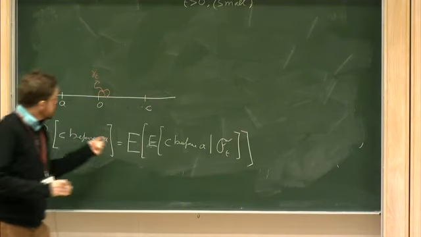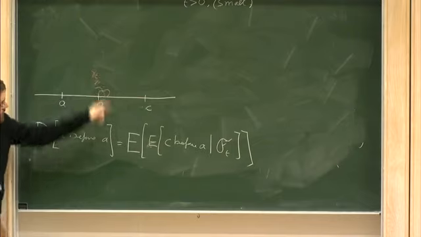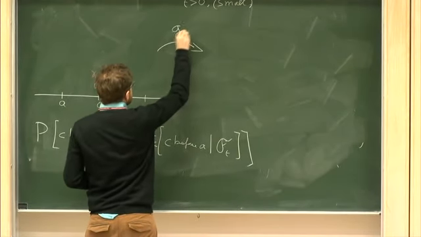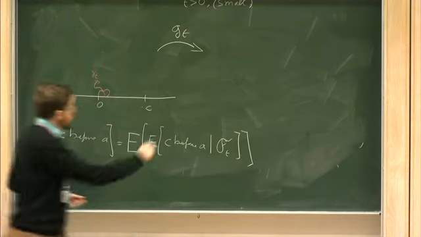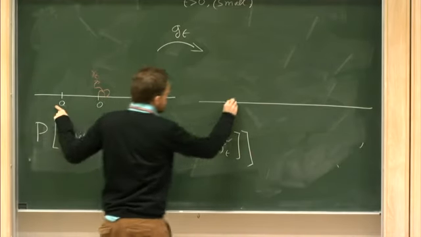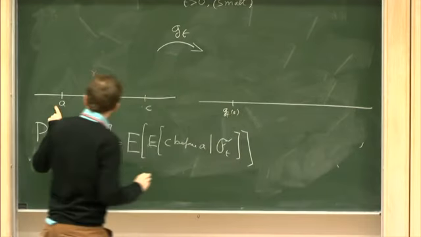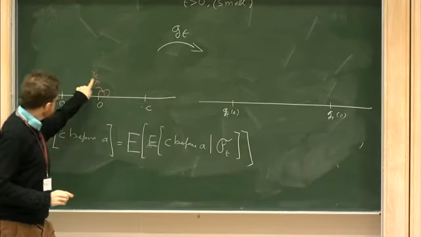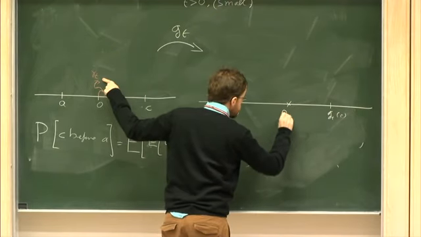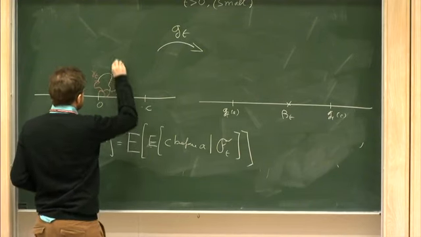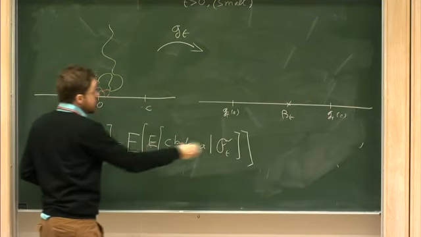So what do we do now? We have this curve up to time t. We have a domain which is the complement of this curve. So we always do the same thing. We look at the conformal map GT. And this GT maps A to here, GT of A. It maps C to GT of C. It maps the tip here to beta t. And it maps the future of the curve,